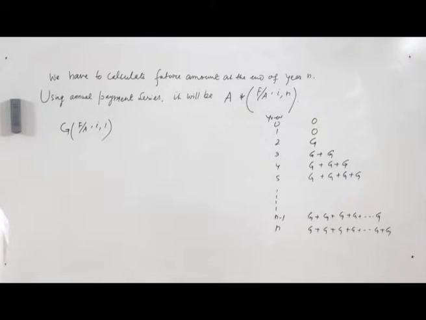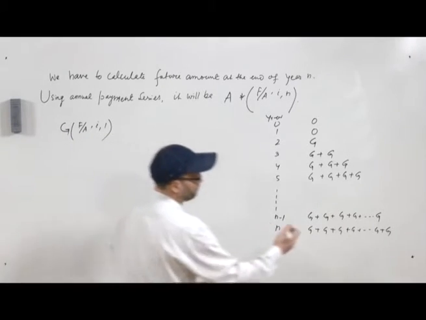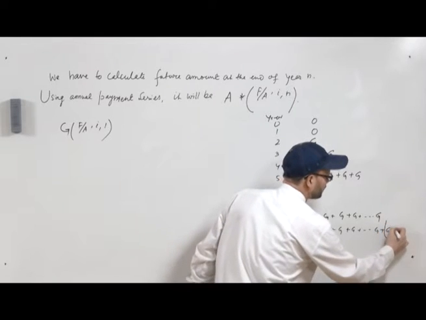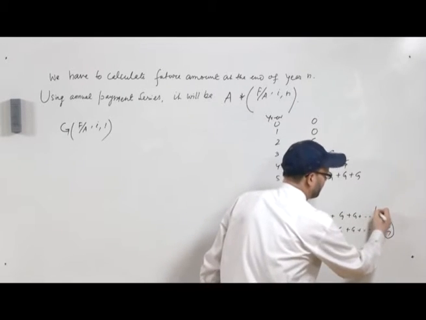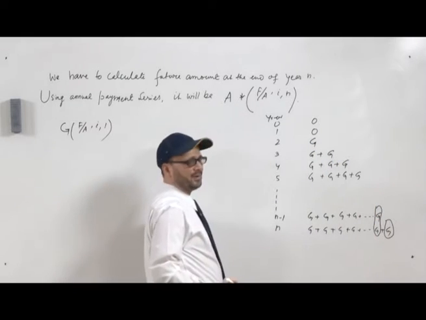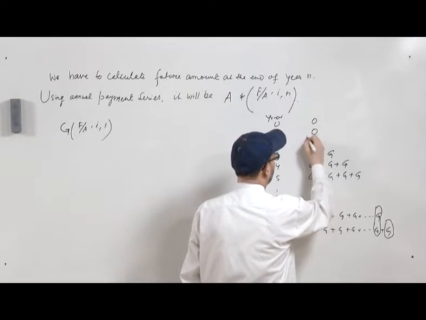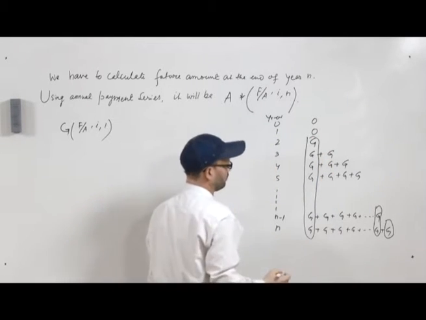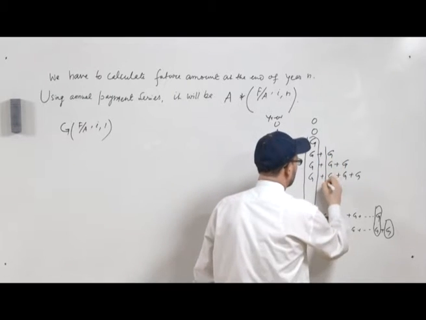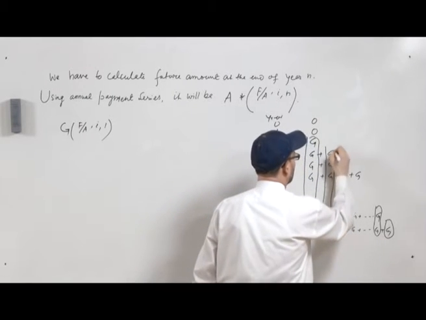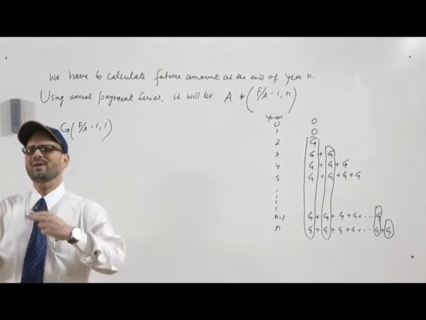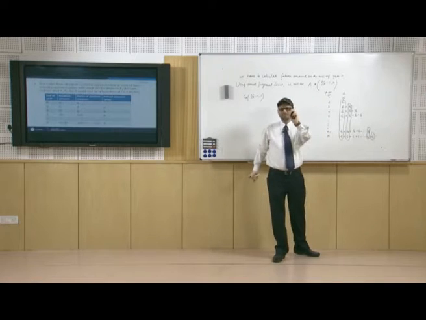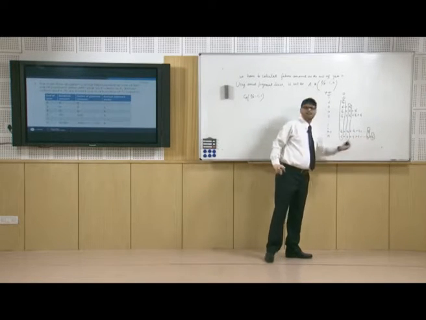Now, as we see here, this is your future time. In the future time 1 is this g, and in this will be coming, and here this component will come. So, like that you have to find the equivalent value of all these quantities at the year end of n.